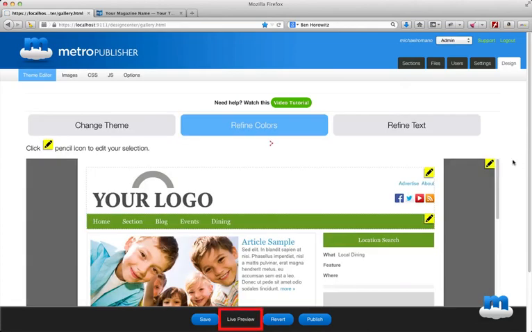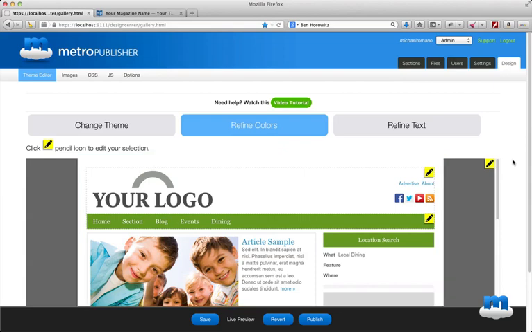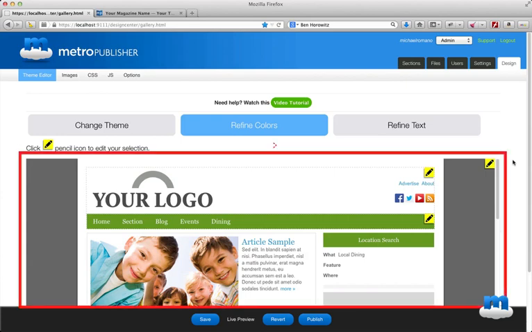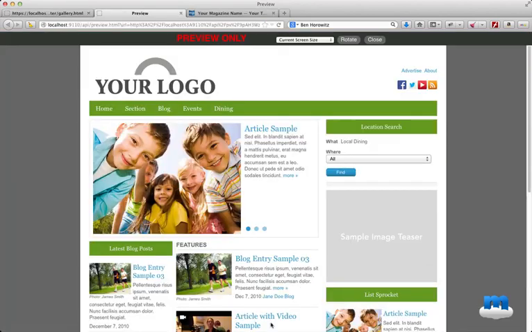And finally, there is this button that's labeled Live Preview. This option is a little bit special. What you're looking at here is a preview of your changes, but it's not using the live database of your website. This is default content, and it's an approximation of your site. Also, it's displaying in this window, which is much smaller than how it would normally be viewed in a browser. So before you publish your changes, it's a good idea to use the live preview to see how it looks on your live site. So if I click it now, my changes will save and a new tab will open